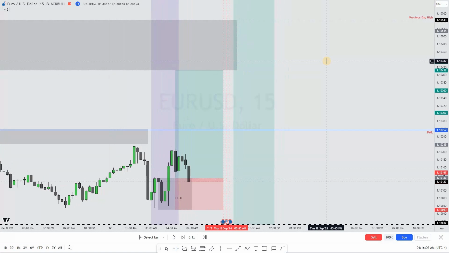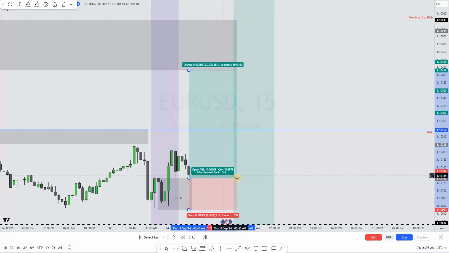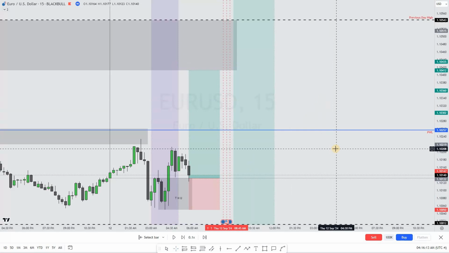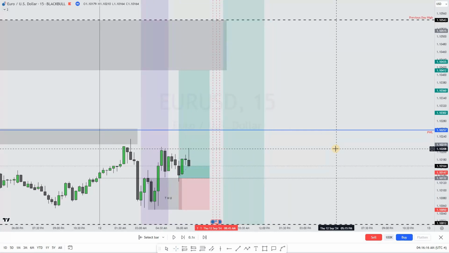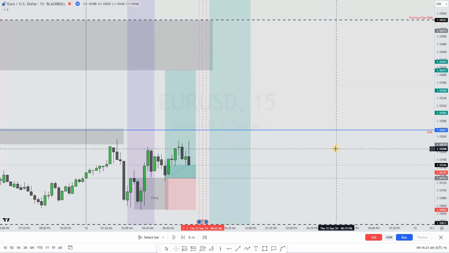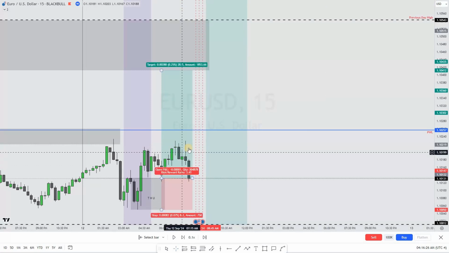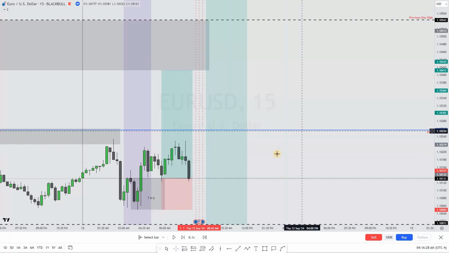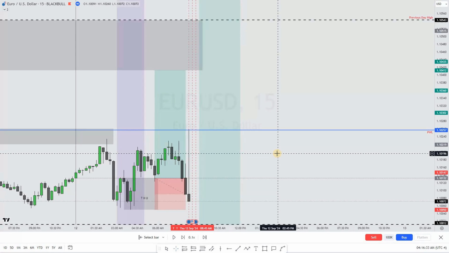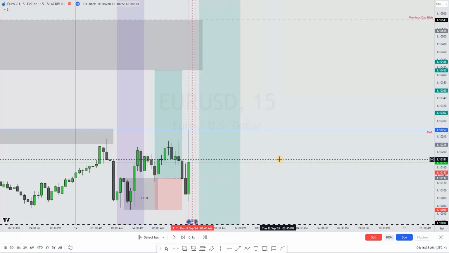As you can see, the market came and it did trigger me in. But at this point it was already really late, because my trade was supposed to be closed by then. Now, what did the market do? The market moved and it moved and it moved. It started going up in my direction, it started to play around, and right there on the 445, that's where I decided to close my trade.